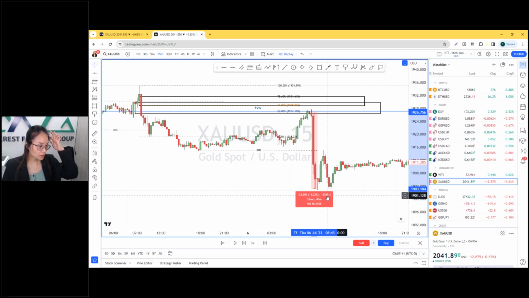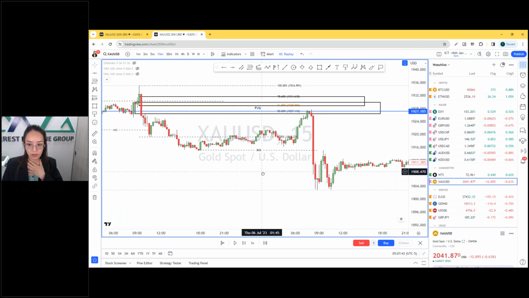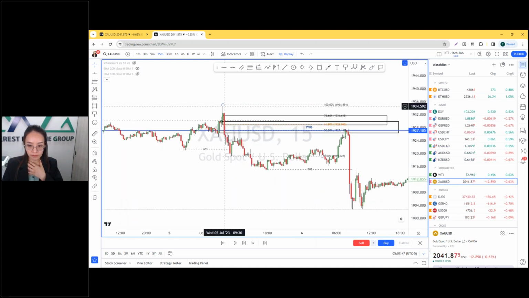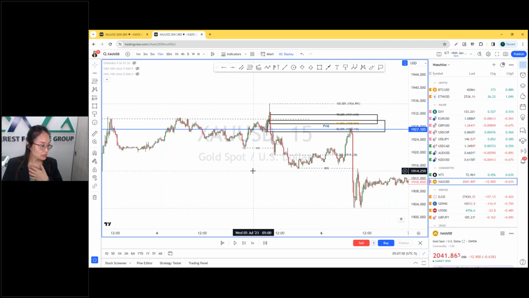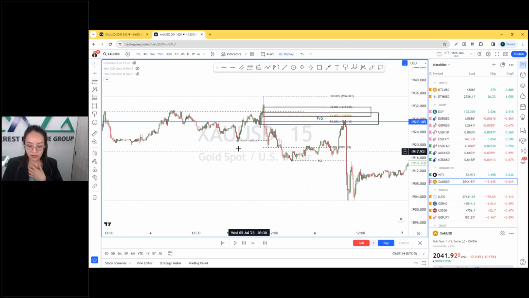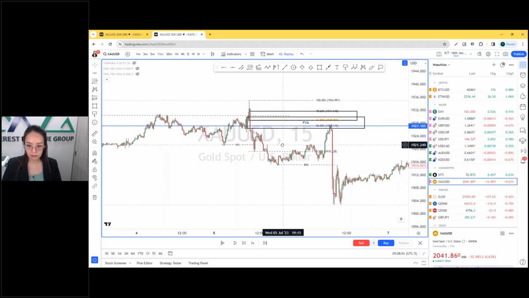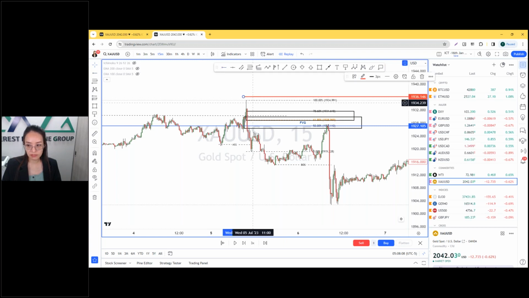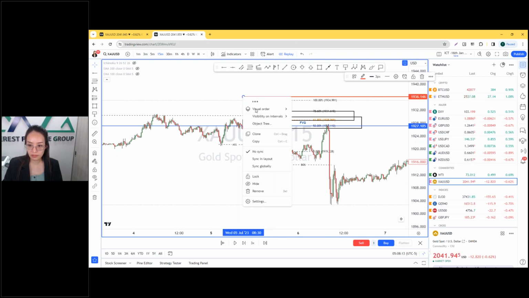Where should be the stop loss? Usually for ICT, stop loss is just above the wick here. If you trade the ICT, you need to wait for price to break this low. Then after that you just place the entry either above 78.6% or just above 100%, which is just above this one. If you put the stop loss here, for example,